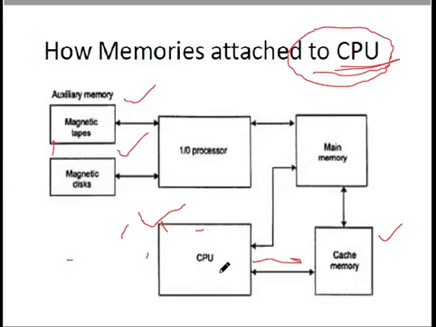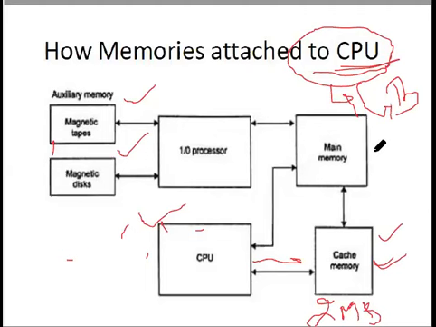So the CPU, this processor unit, is first directly connected to a memory section which is known as cache memory. As we all are familiar, nowadays in a system a CPU is connected to a cache memory. Suppose a system has only 2 MB of cache. The cache memory is very small, as you all are familiar, as compared to the rest of the memory of the system. Then we have RAMs. RAMs are of the order of 4 GB, 8 GB, 16 GB, 32 GB nowadays. So these are the main memory or the RAM.